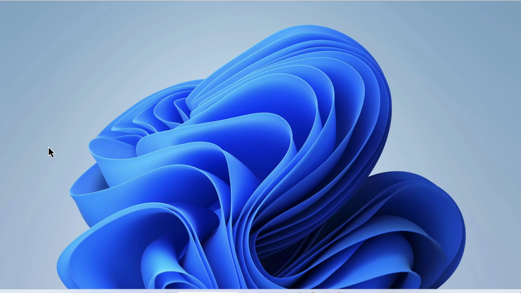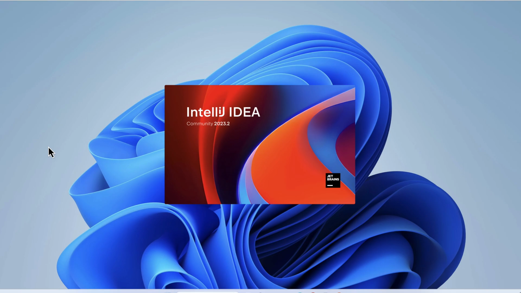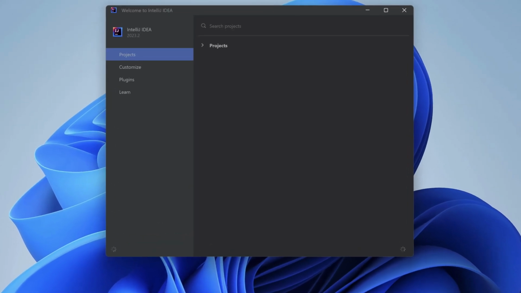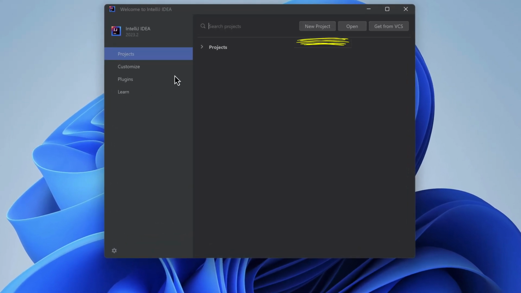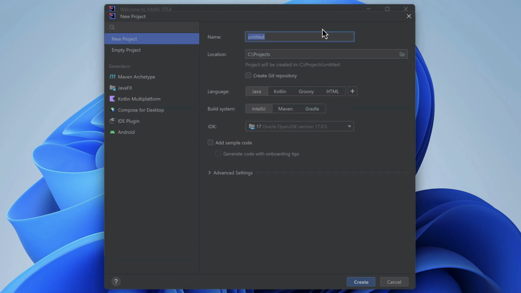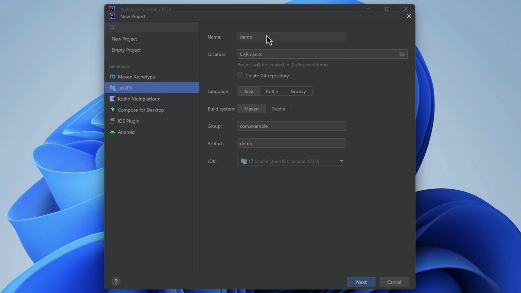In this video, you'll create and run a JavaFX application using IntelliJ Community Edition, the free version. Here on the welcome page, let's create an application from scratch by selecting New Project. In the New Project window, we'll select the features we want to use to create our application. IntelliJ provides a generator for creating JavaFX applications, so let's select that first since it will change the options available